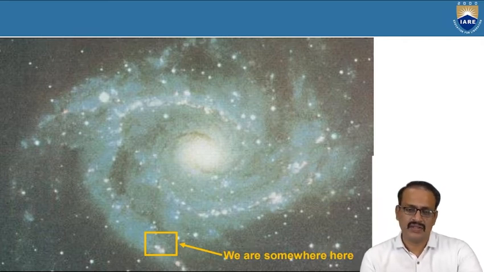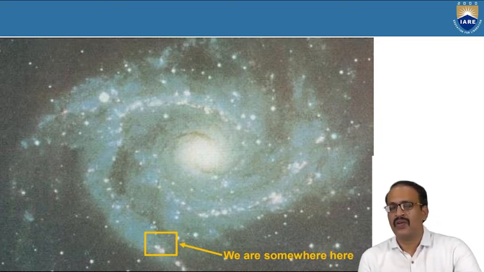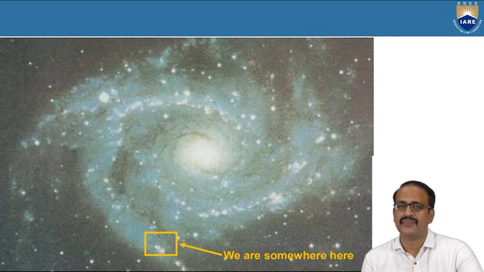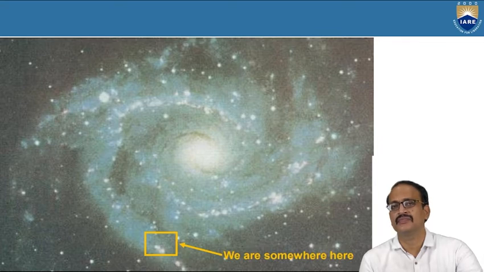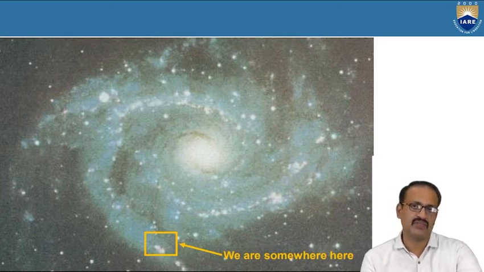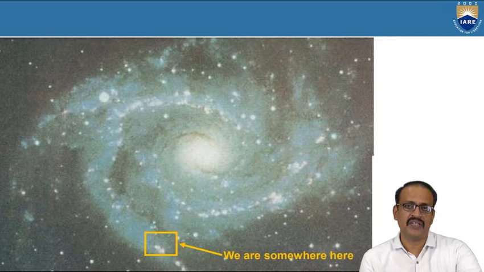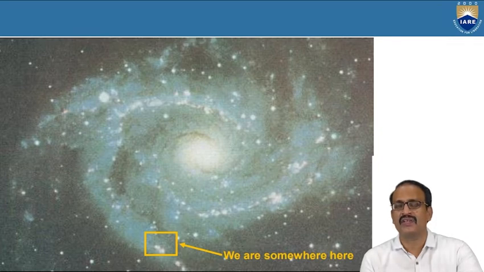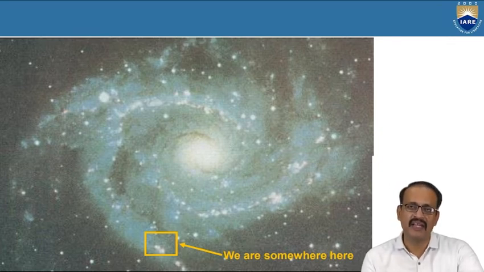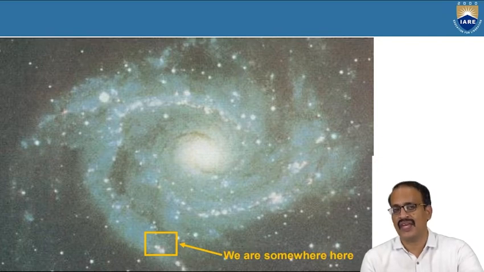So if you come to the sun, our sun is not a new star or a young star, and similarly it is not an old star. If it is a red star, that means the star has become old. So our sun is in the middle of its age.